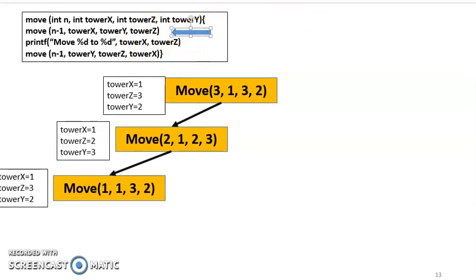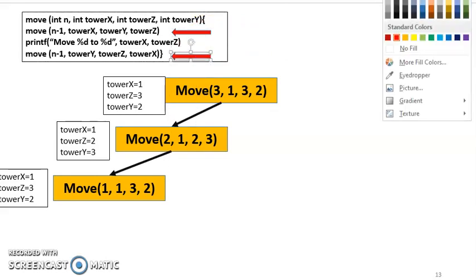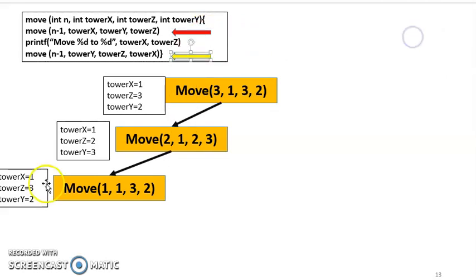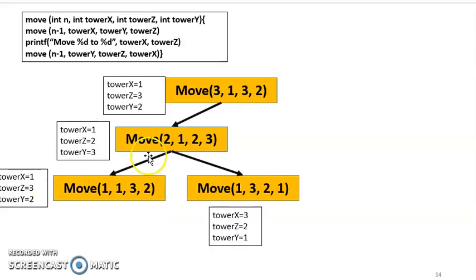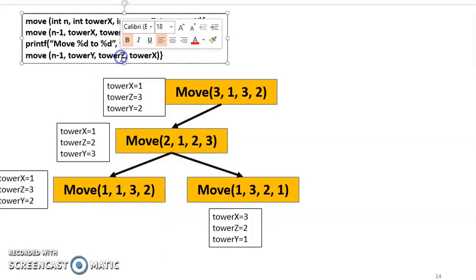So we'll mark it, and it again starts from the right hand side in the next column. We'll see that. So 1 2 2 3 1 1 3 2 is solved. So it will call this one, that is 2 2 that is 3 2 1 2 2 using 3 1 2 3. Then it will call 3 2. So tower X is 3, tower Z is 2, and tower Y is 1.